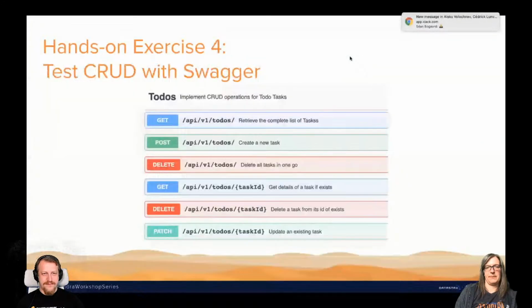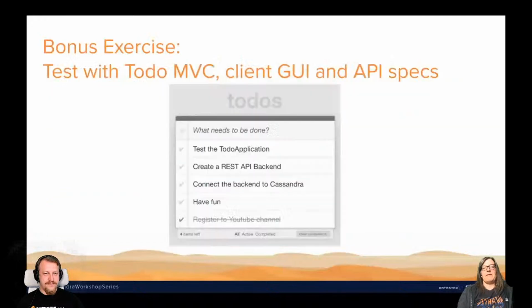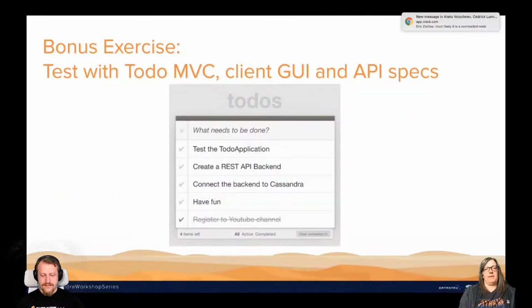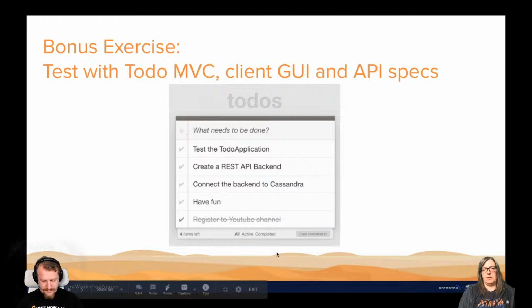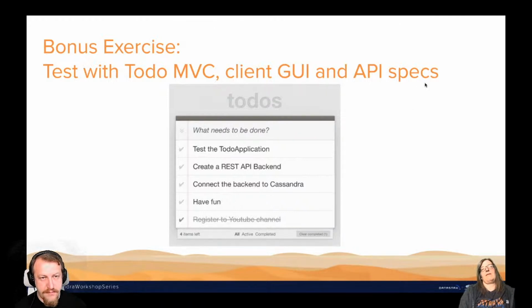Yeah, that was basically the Swagger. If you want to take it a bit further, we actually have a full exercise workshop, another 2 hours, which goes a lot more into the details of the to-do MVC, and also hooks up the API to the prefab client GUI that is provided for the backend API tests and for the API spec tests. You might find it quite interesting.